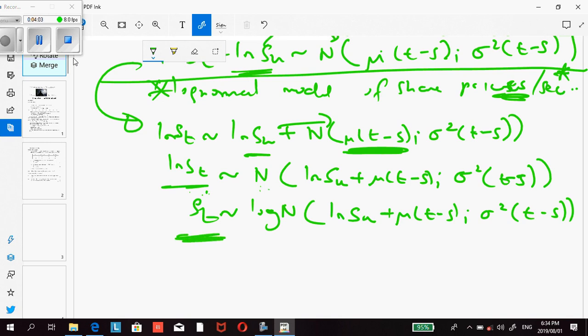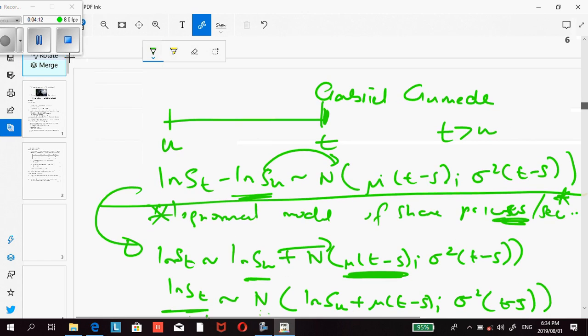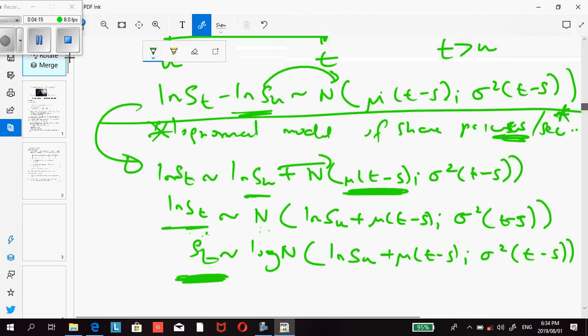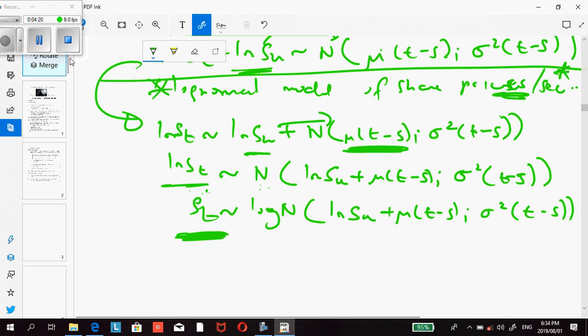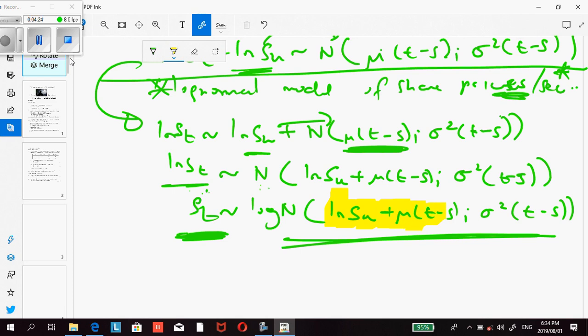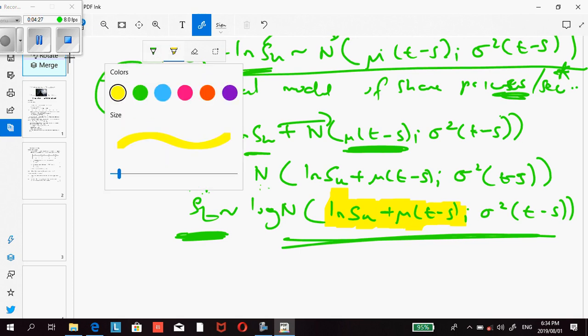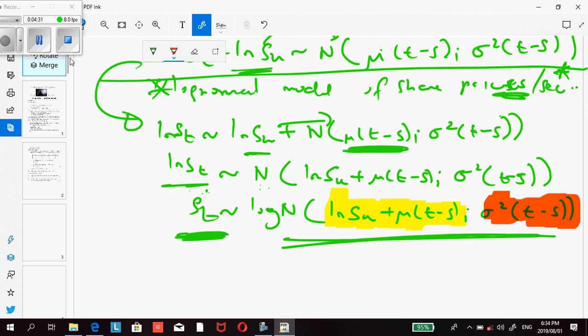Now, I'm going to find the expected value of the share price. So let's see our timeline. I'm going to find the expected value of the share price at time T and the variance of the share price at time T using these parameters. So this is your mean and this is your variance. Okay, now remember, in general, from your orange book,